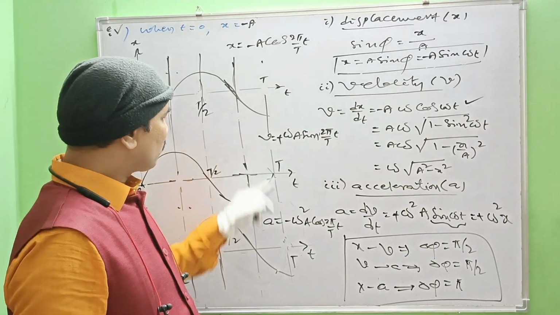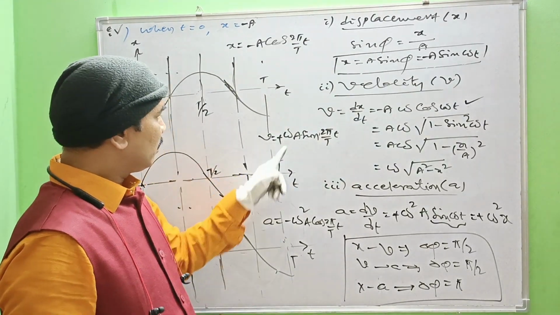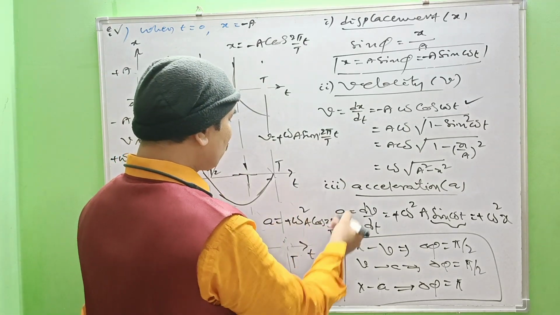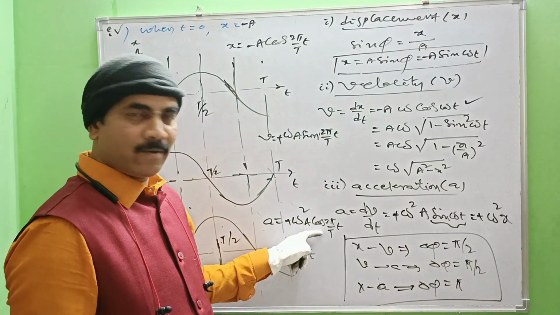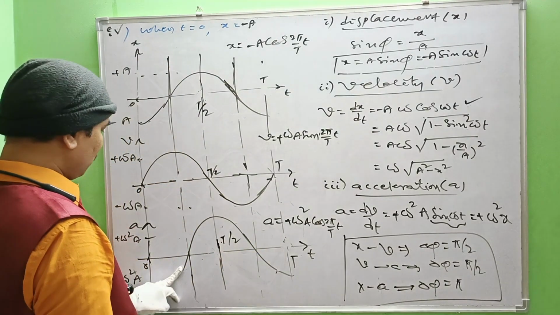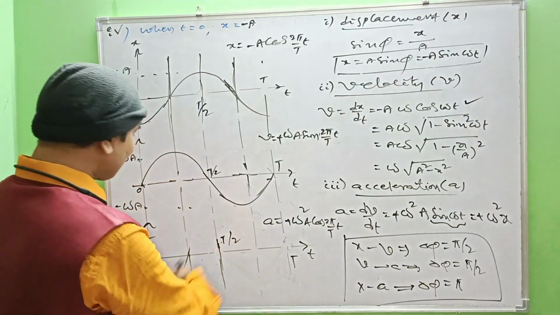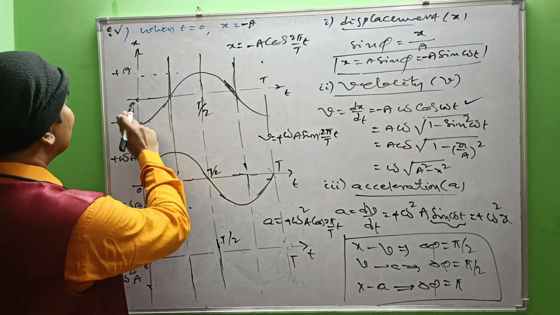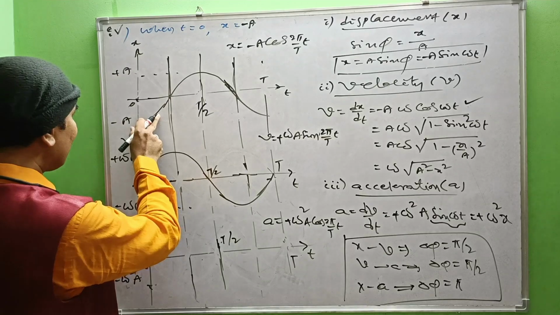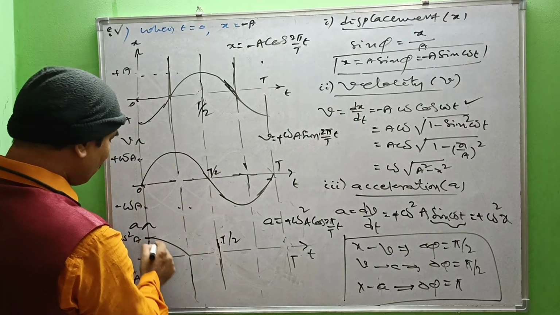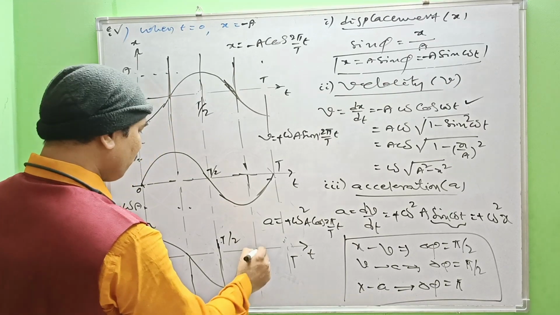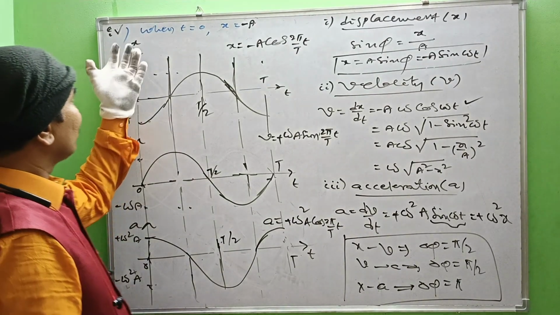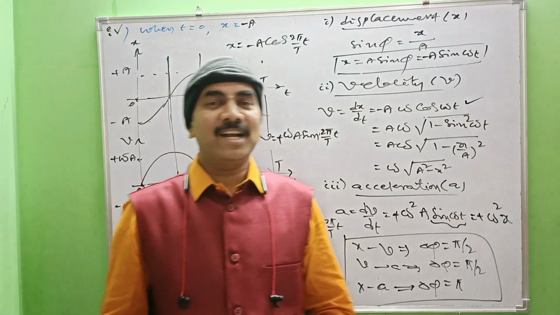What about acceleration? A equals dv by dt. On differentiating this one, we have plus omega square into a cos 2 pi by T t. That is a positive cosine wave, not like this. This is minus cos theta, but here it is plus cos theta. Plus cos theta in the sense like this, exactly opposite to this one. Just make it invert. It is from the positive extreme side, trough, again positive side like this. So this is the variation of displacement, velocity and acceleration